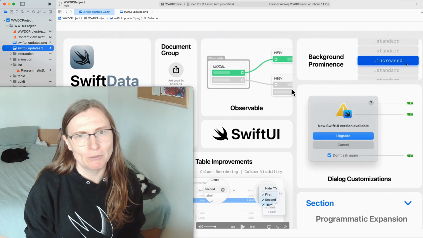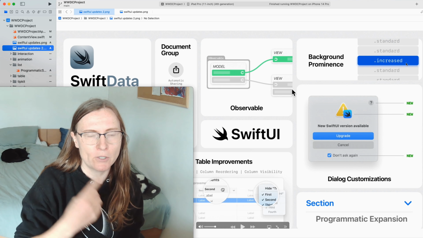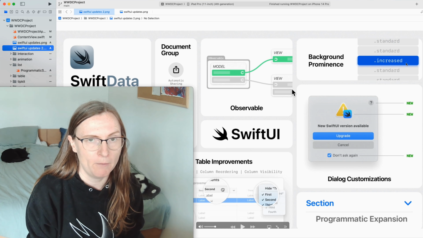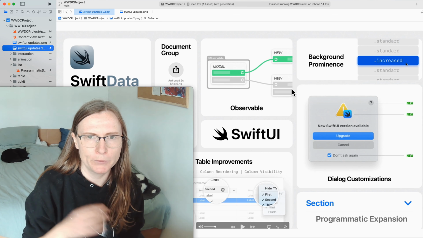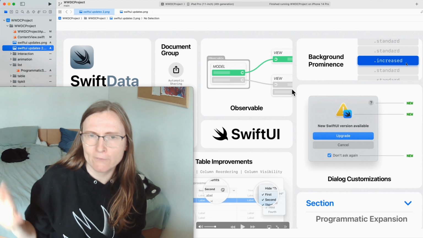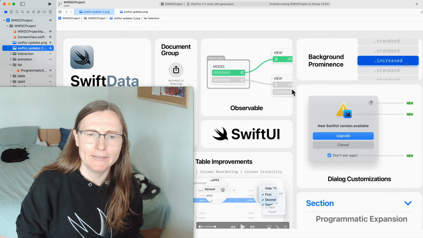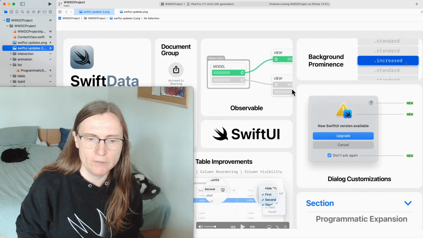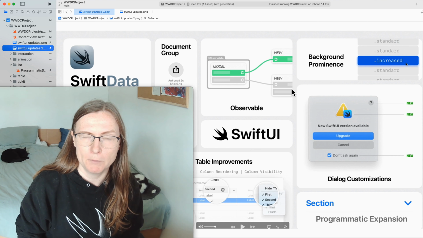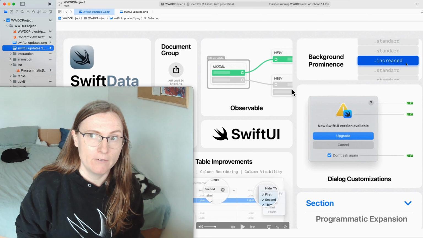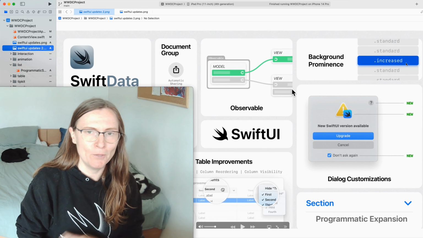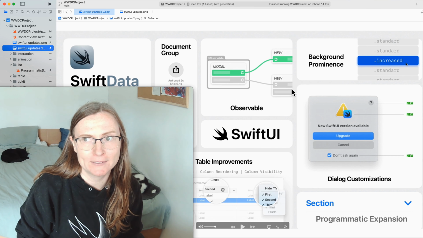In some cases, this is a problem. And for me, add observable would help a lot. I'm going to probably do a complete walkthrough where I can really show you the advantages of this. In addition to this add observed, they also said they made improvements to performance for tables and lists with a lot of data inside. I hope this also works for macOS